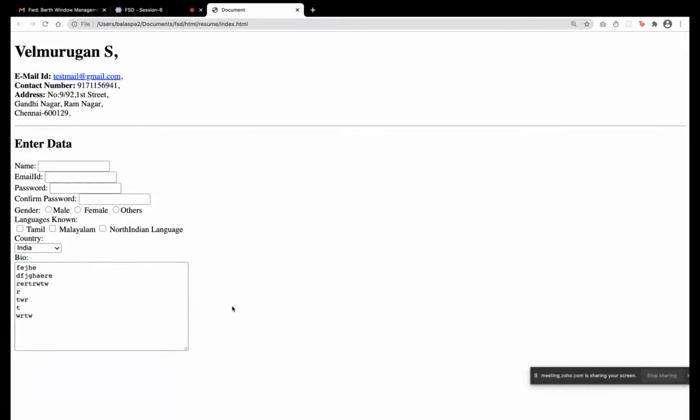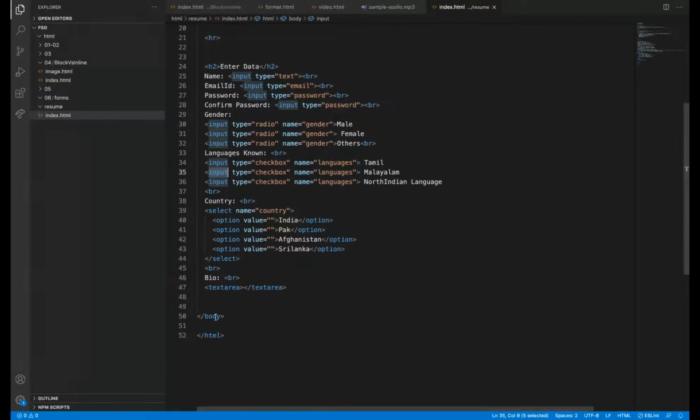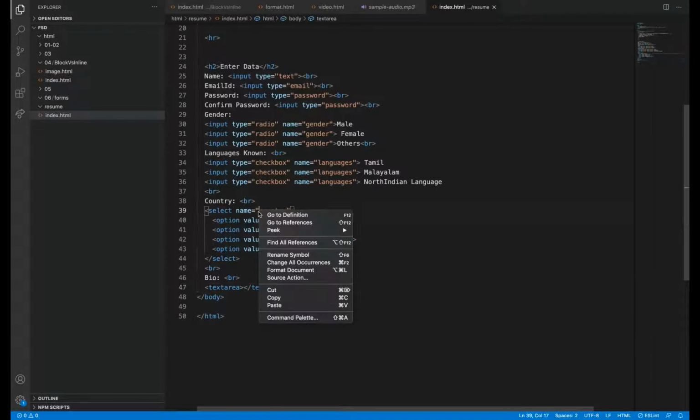And then we can limit it also, we can style this also. After learning CSS, you can style this very well. So yeah, we have completed the tags.